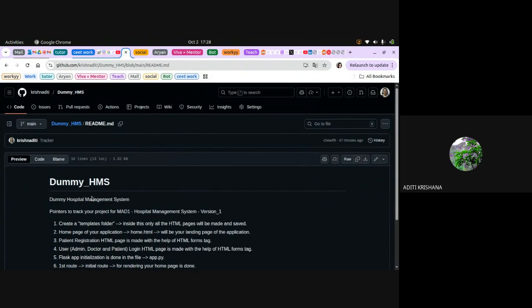So first I have to pull all the changes from GitHub and then push the changes from VS Code. That is the error coming, which I will figure out after the session ends. But you guys don't do that. Don't do any changes from the GitHub repository. Always do the changes from VS Code only. Remember this. Otherwise, it will be very difficult to solve that error.